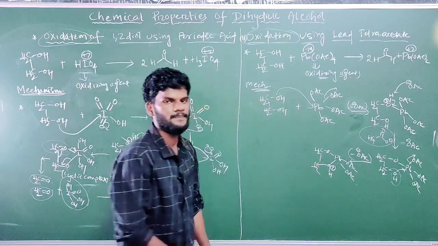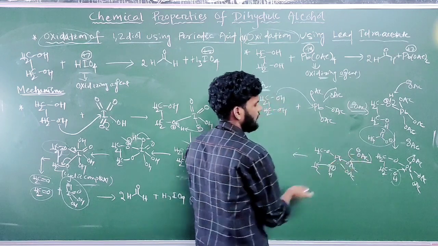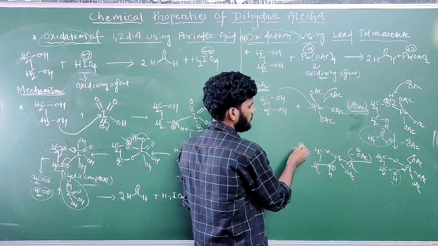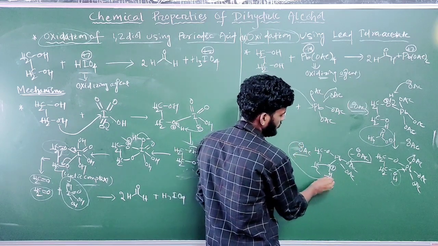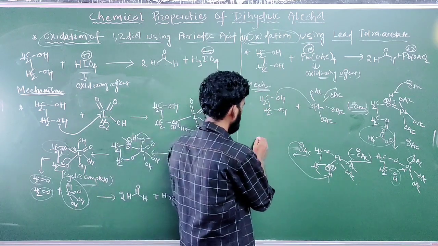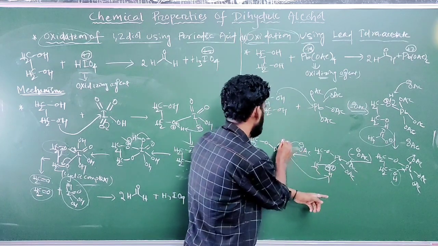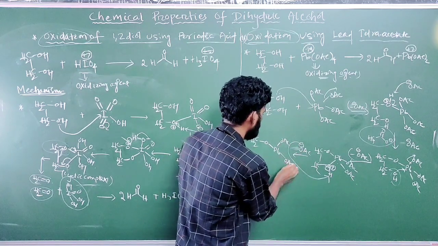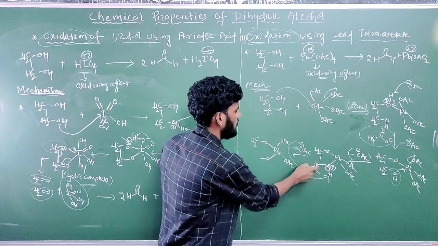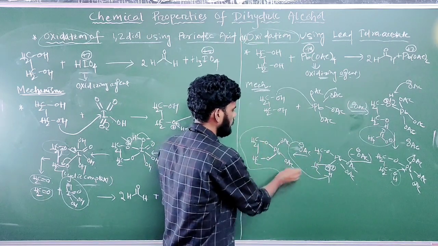Very easy. So in the next step, what will happen? Here also the acetate ion, similar step, is present in the solution. The acetate ion behaves as a base and takes the hydrogen, and this bond moves over to the oxygen to make the oxygen atom neutral. So it forms oxygen attached to Pb with two OAc groups, and this Pb is also attached to the other oxygen, CH2O, and CH2 attached to CH2. This is the cyclic complex.